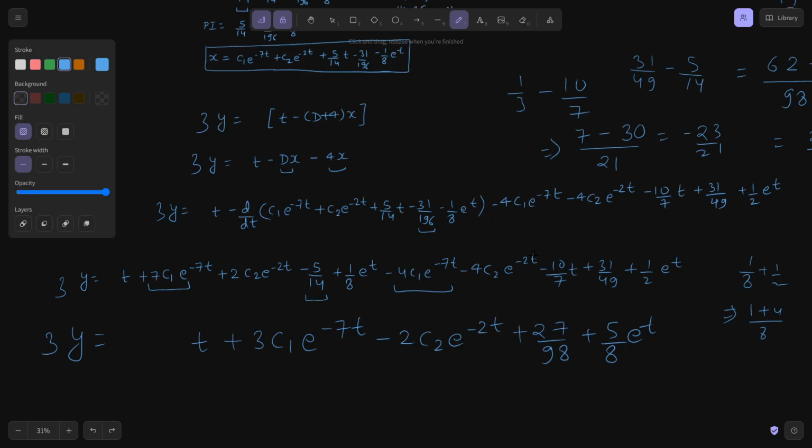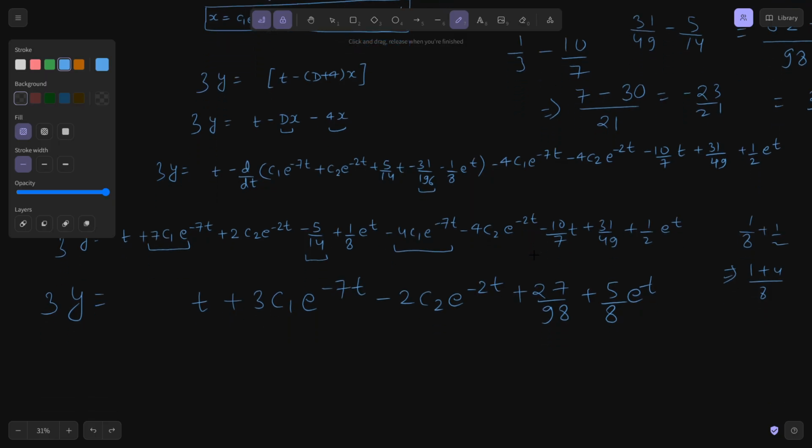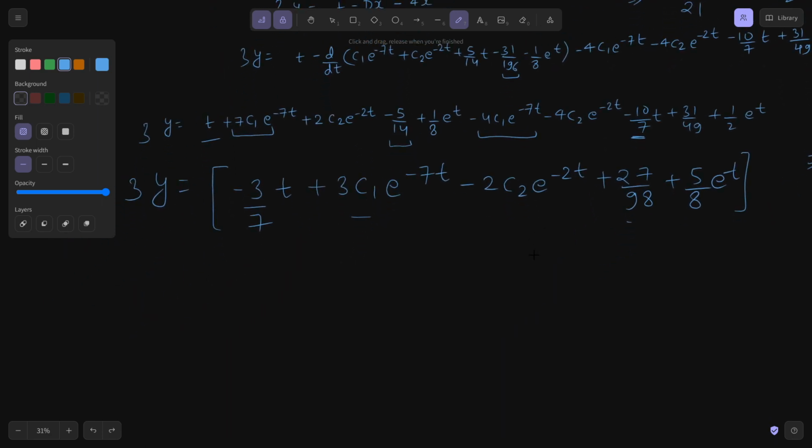Now what I can do is this t minus 10 by 7 t. So 1 minus 10 by 7 is minus 3 by 7, t. Rest every term is fine. Now I can simply divide by 3 both sides. So y equals, if I divide by 3, this will simply be minus 1 by 7 t